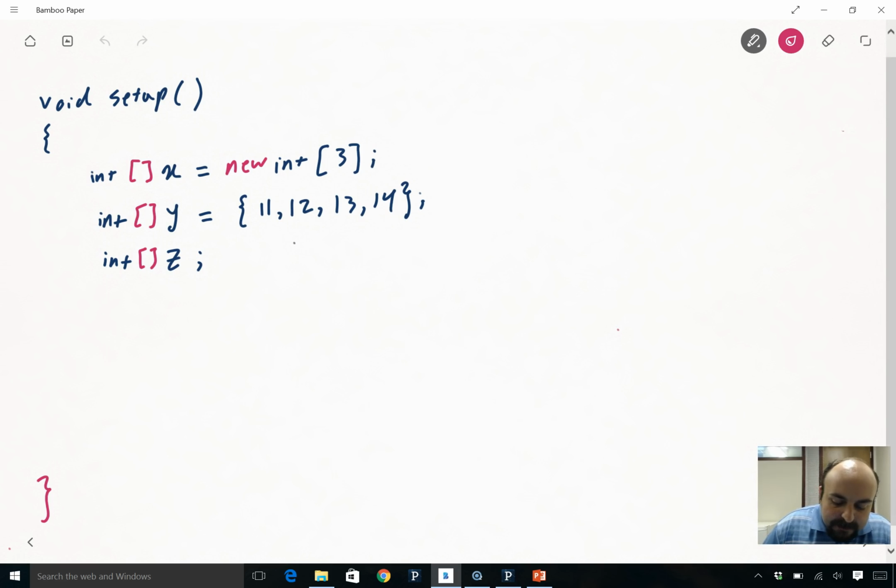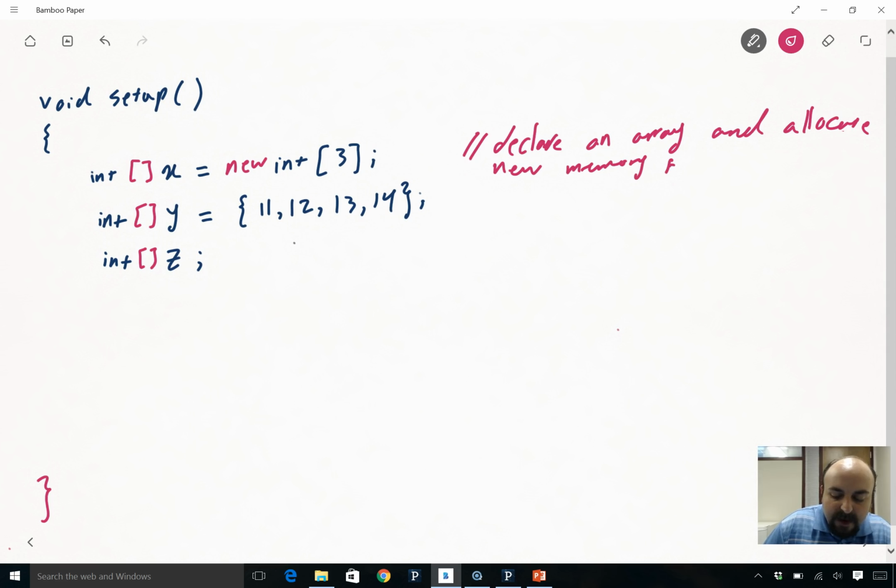The first array, we declare an array and allocate new memory for the array, hence the new operator. This is number 1. Number 2,